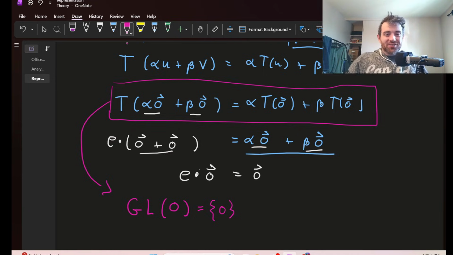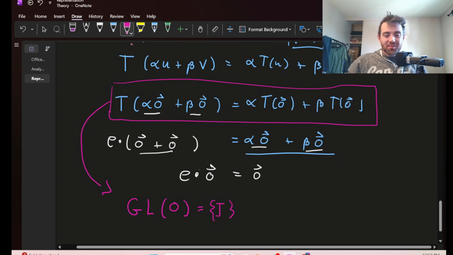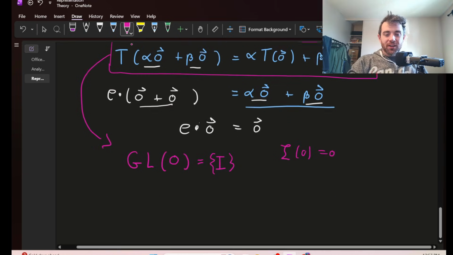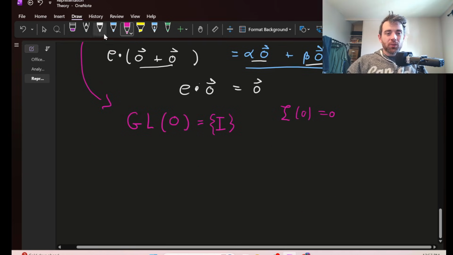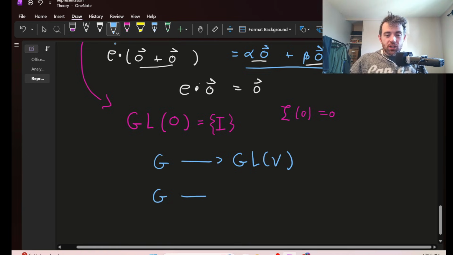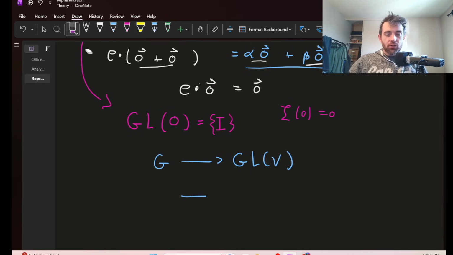And of course it does. Maybe I'll call it I, for the identity. It's entirely determined by this. And so what are we doing? In this other perspective, where a representation is equivalent to going from G to GLV, what are we doing? We're giving a homomorphism from the group G, from the trivial group,